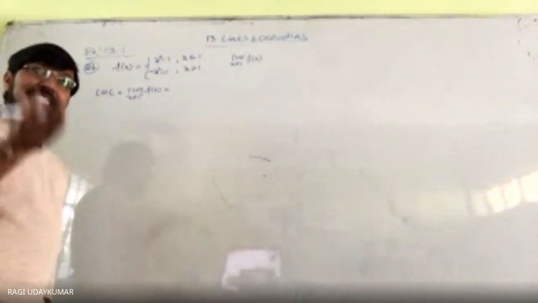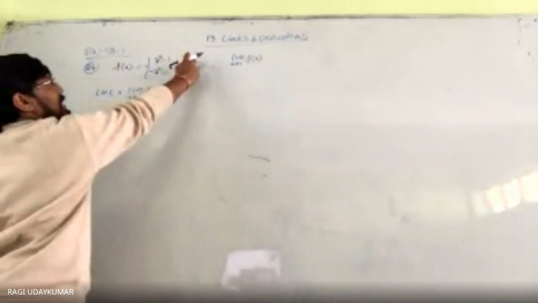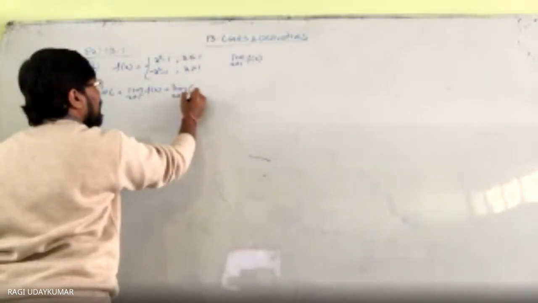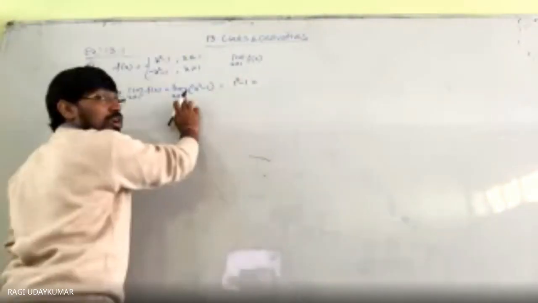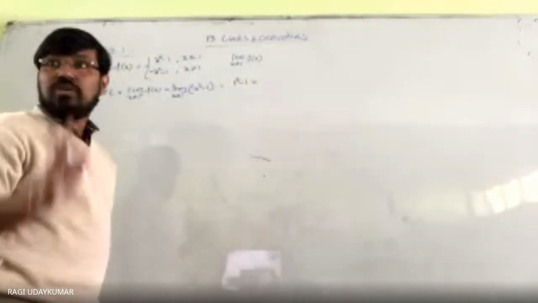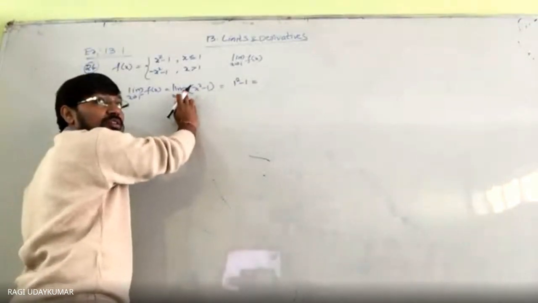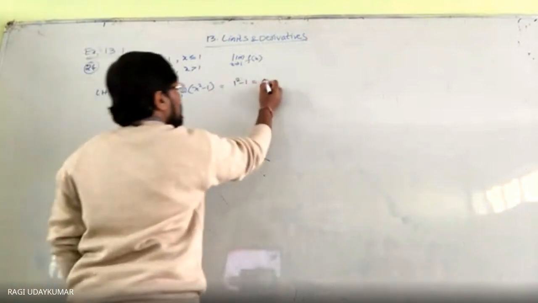So when x is less than 1, near to 1, what is the function? The function is x square minus 1. So you need to take it as limit x tends to 1 minus of x square minus 1. But when you substitute, direct substitution only. So when you substitute here, 1 square minus 1, 1 only you have to substitute, not minus 1. In a confusion, most of the students will write it as minus 1. It is not a minus 1, do remember. So 1 only, but why am I writing ऊपर minus near to 1, but left side of 1, for the further purpose. So this is equals to 0.